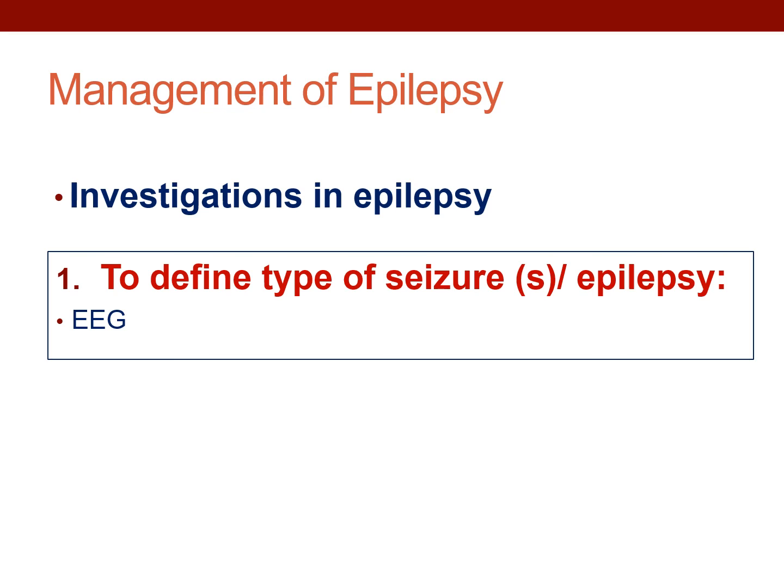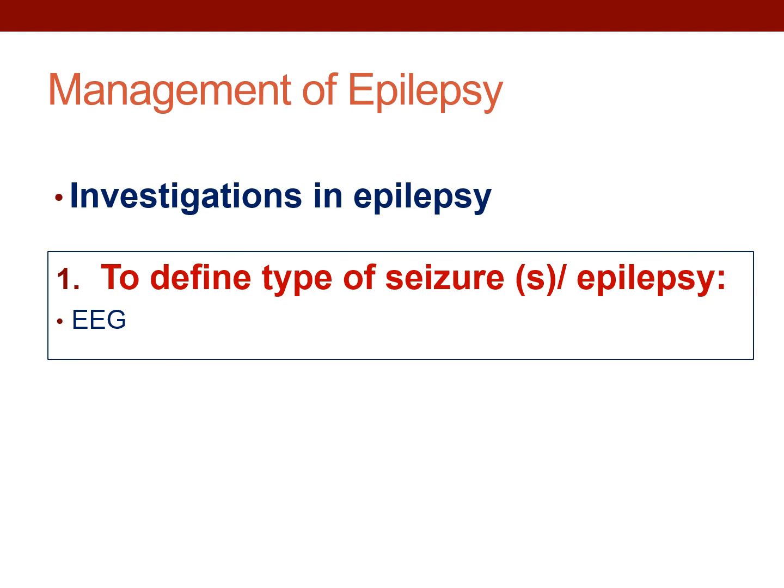In order to define the seizure, you need the patient to have the seizure on the EEG, which of course is not usually accessible. And that's why it is not very good to depend only on the EEG for the diagnosis. It's better to have a good video than to have a good EEG. But say, for example, you have seen the video of Amina and you see that she's having a generalized tonic-clonic seizure, but you want to make sure whether these are epileptic seizures or not, or you want to define if these are generalized clonic seizures or not, you are going to do an EEG, that's acceptable.